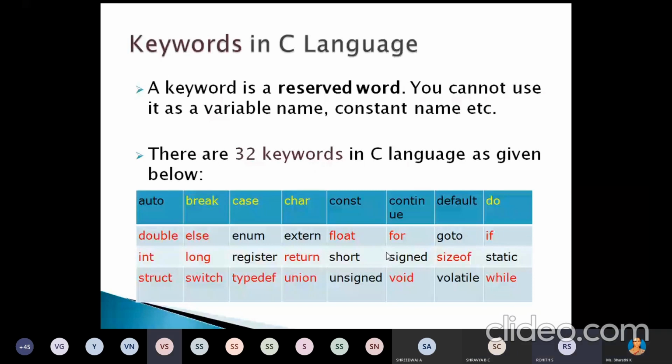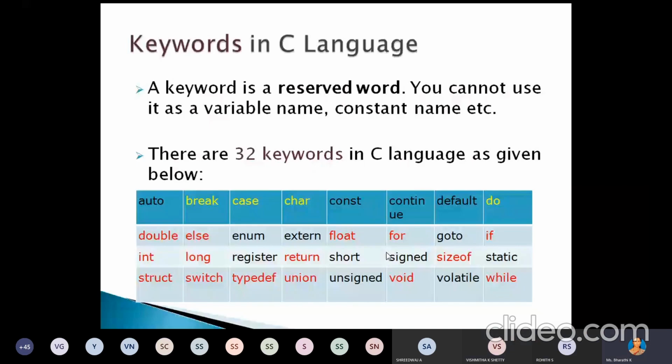Cannot duplicate a keyword. We cannot use a keyword as a variable name. And one more: space should not be used. No white spaces. We cannot use any special characters or white spaces while declaring the variable.